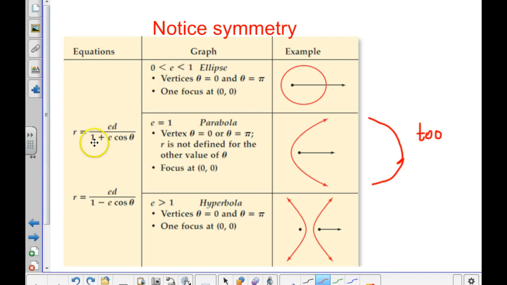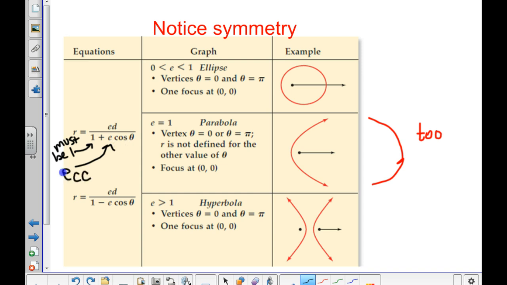It says the equation, this is what you need to know for these right here. You need there to be a 1 right here. This must be a 1. And we're going to talk about how to change it so that it is a 1. If it's not a 1, we have to find a way to make it a 1 right there. Once you have that as a 1, whatever's multiplied in front of the cosine or sine right here will be